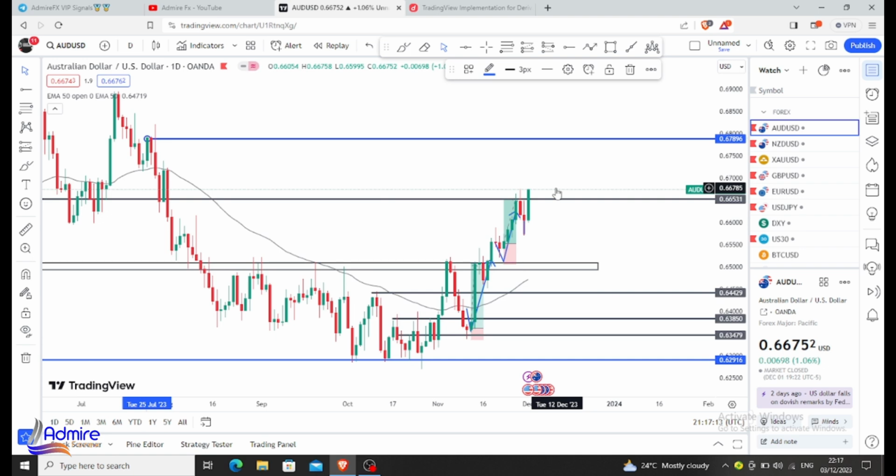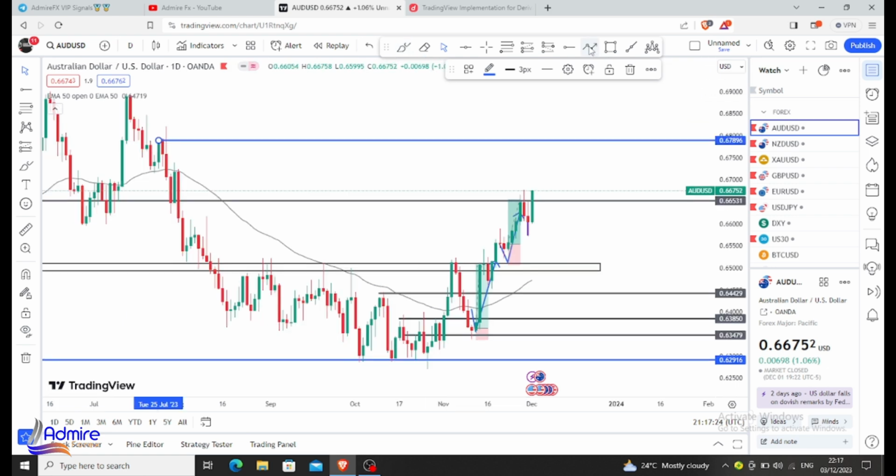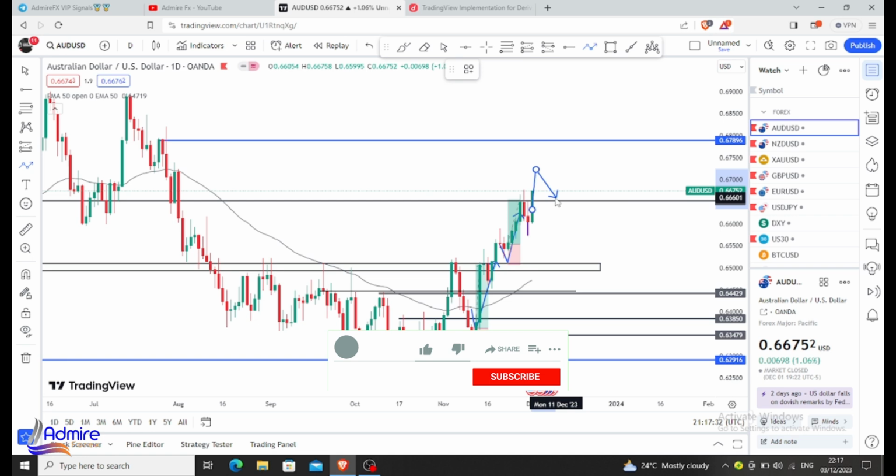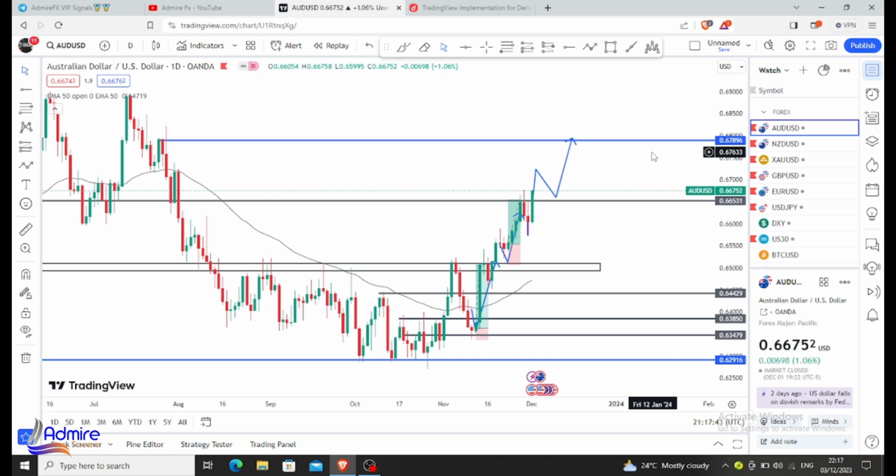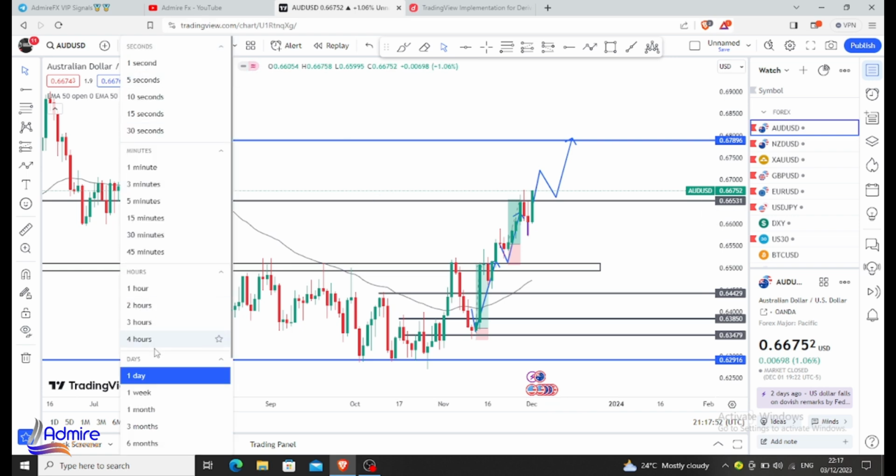So where can we make possible entries now on AUD USD? Since price has now breached our 0.6531 level, what we'll be looking out for is this breakout, which has already happened. In the coming week, which is this week actually, we'll be looking for a retracement on a lower time frame or probably a higher time frame. Then we can follow the bullish continuations to 0.67896. So we'll be looking for more bullish continuations on AUD USD to the upside, guys.